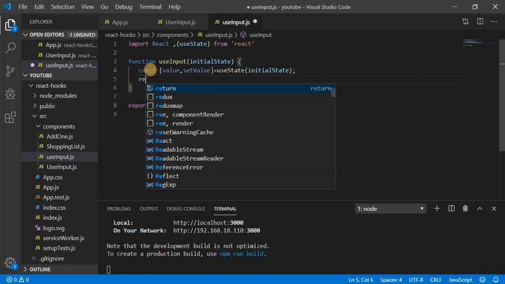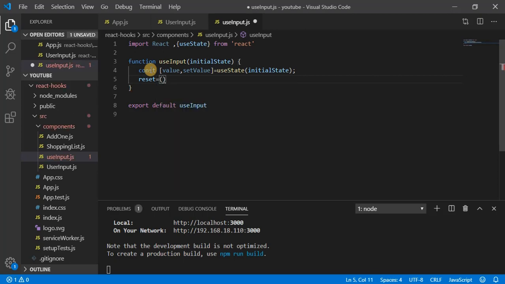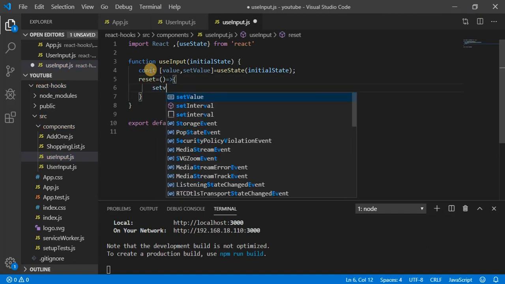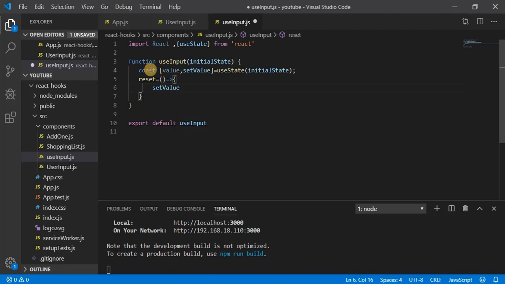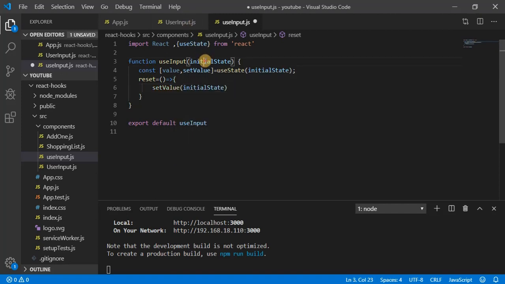So let's create a function called reset. It's not going to take any parameter. Let's implement this function: setValue is equal to initial. Whatever state I am getting here at the starting stage, we are going to set that state only.